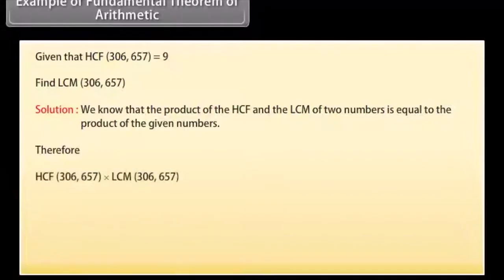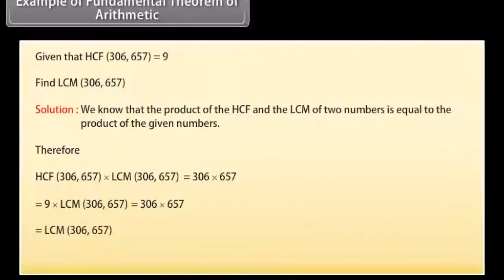Therefore, HCF(306, 657) × LCM(306, 657) is equal to 306 × 657, so 9 × LCM(306, 657) equals 306 × 657, which gives LCM(306, 657) equals 306 × 657 upon 9. LCM is equal to